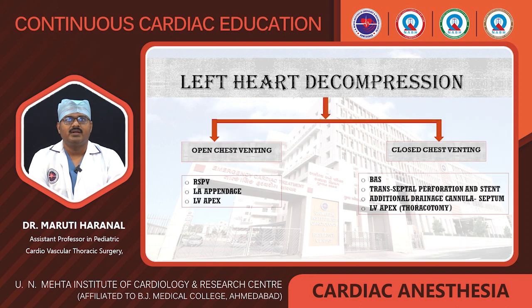artery. Left heart decompression plays a vital role in patients with severe ventricular dysfunction for myocardial recovery. It can be achieved by open techniques, where we cannulate the right superior pulmonary vein or LA appendage or the LV apex, or by closed methods using balloon atrial septostomy or transseptal perforation and placing a stent, or we can use an additional drainage cannula through the septum, or we can do a limited thoracotomy and cannulate the LV